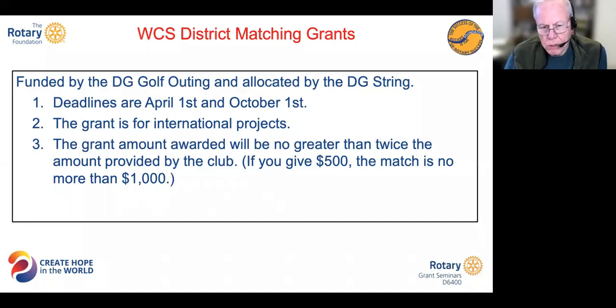You don't need to have a partner in the other country. You can put things together. Kim Spiro has done quite a few of these. I'm sure she'll be happy to help. Kim, I see her on the call. And so you need to get your application in. These applications are